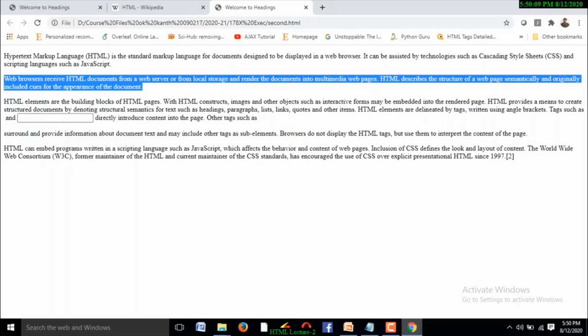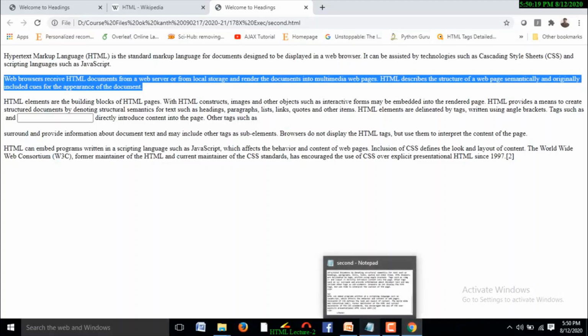Suppose if you want to see the content paragraph by paragraph, you need to use p tag. P means paragraph, pre means pre-formed. The content is already in which form? The same form appears on the web page. This is the difference between p tag and pre tag.